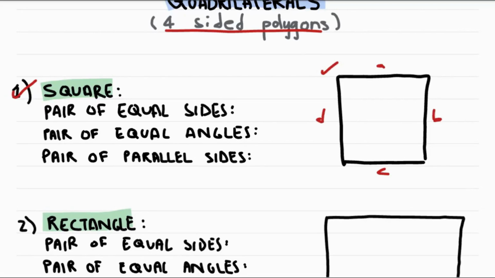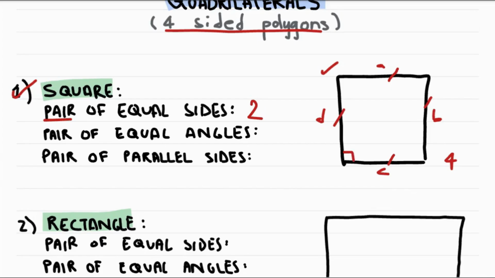So a square will be shown like that, or they can give you lines like that on the sides of the square. This line basically means that the sides are equal, right? So we can say that it has four equal sides, obviously. And if we talk about pairs, A and C would be equal and B and D would be equal, right? So that gives us two pairs of equal sides.